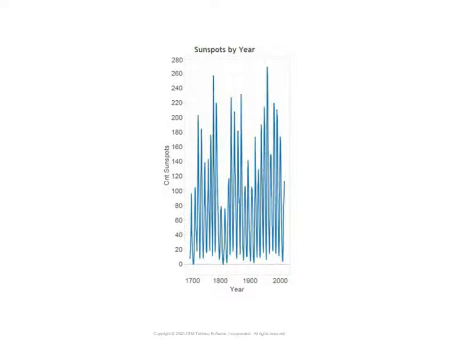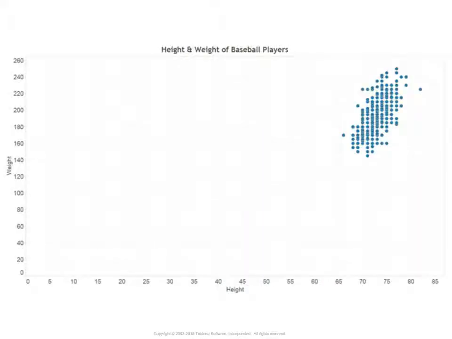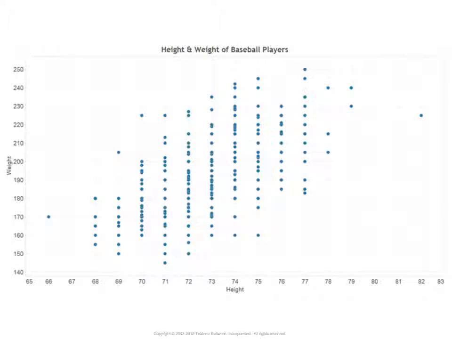Now on the zero part, here's height and weight of baseball players plotted with zero included. This is probably not the best plot, or not the most exploratory plot. In fact, it's worthwhile to look at the data both ways. If I take out the zero, you can clearly see that one of the players is an outlier in terms of his height. He's up at 82. That's the dot on the far right.